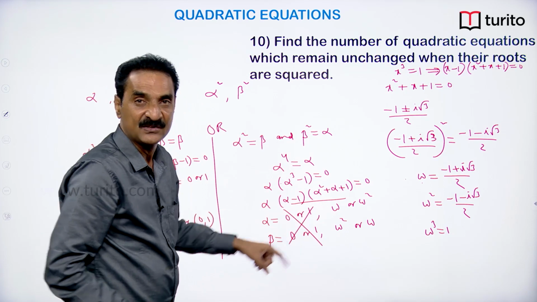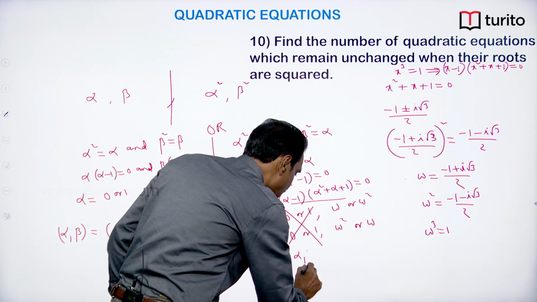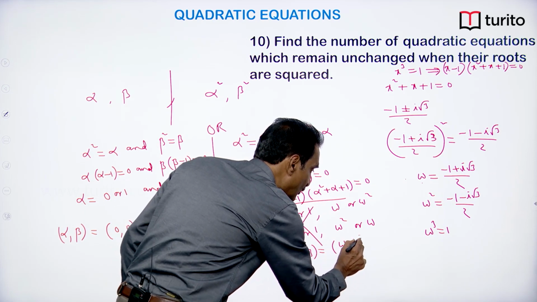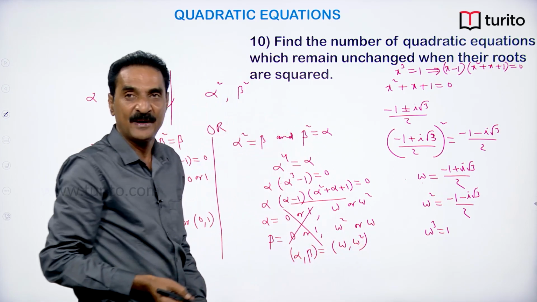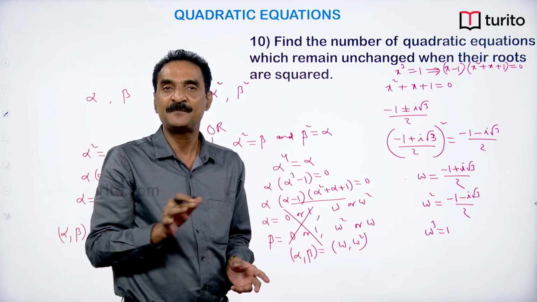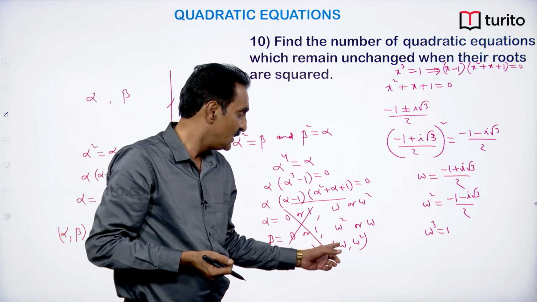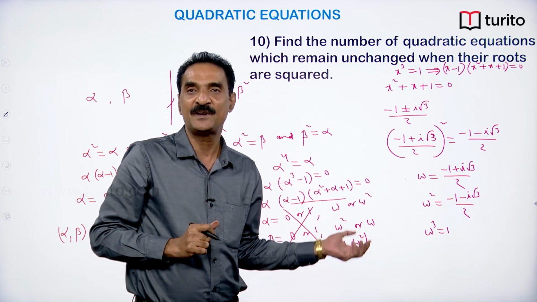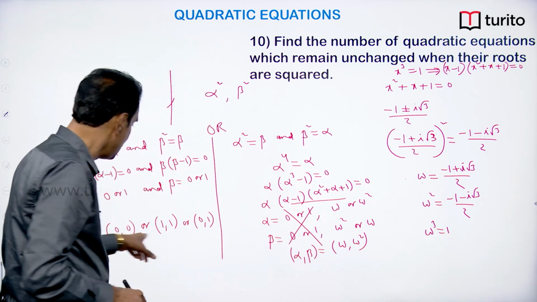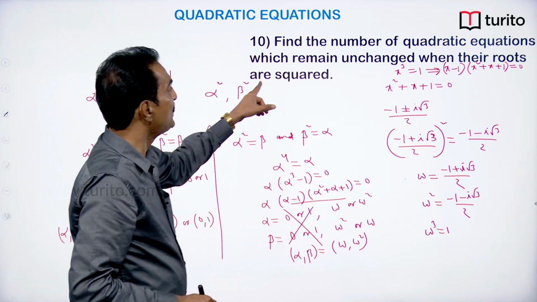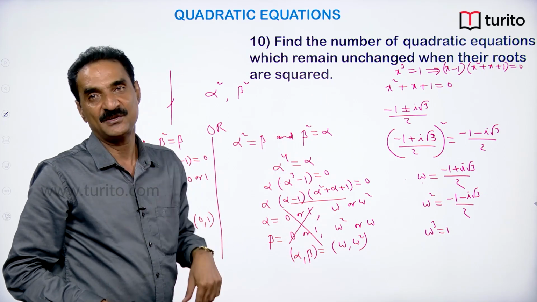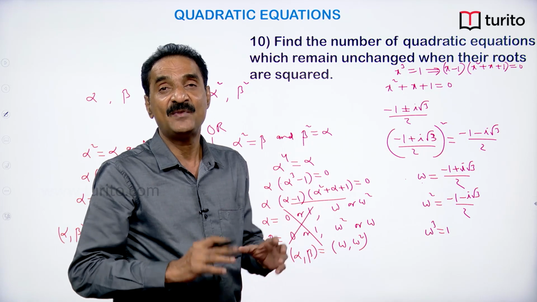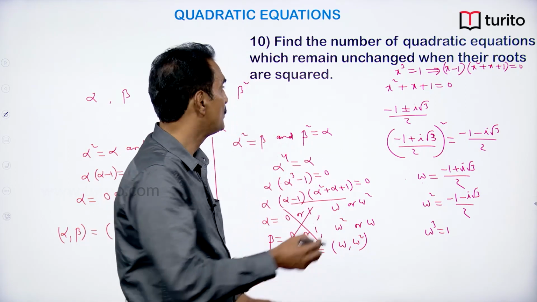And what are the other pairs of alpha comma beta? Alpha comma beta is omega comma omega square or omega square comma omega, but both are same. Order of the roots is not important. So, omega comma omega square is a pair of roots. So, with these two roots we get one quadratic equation. Already we got 3 equations. So, the answer to this question is 4 equations. There are 4 quadratic equations which remain unchanged when their roots are squared. So, answer is 4,